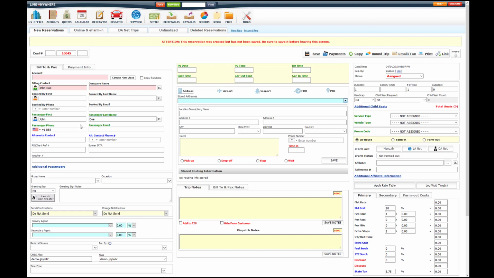Give it a passenger phone number. Passenger email, so I can send him emails, trip sheets, or he might receive text messages from me that I might schedule. Pickup date, pickup time,